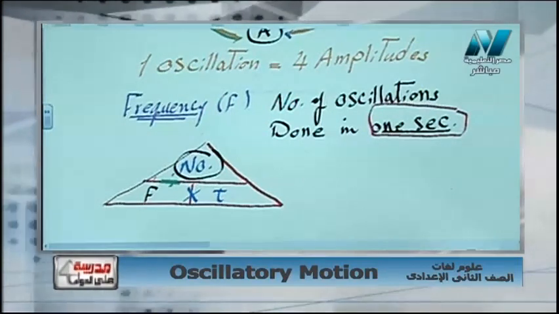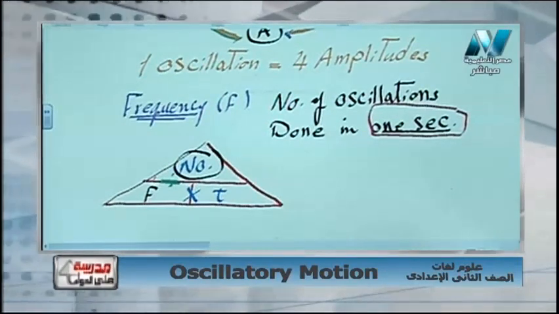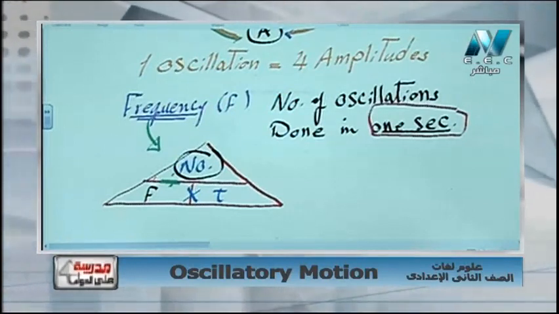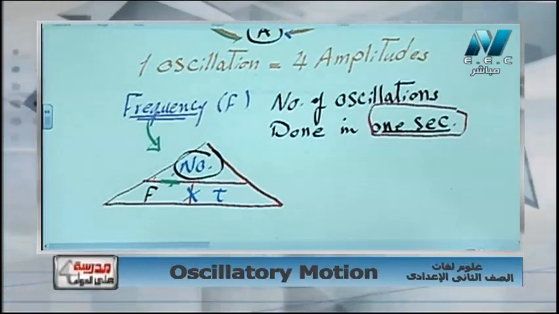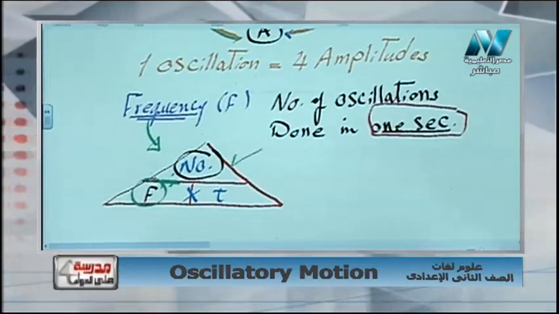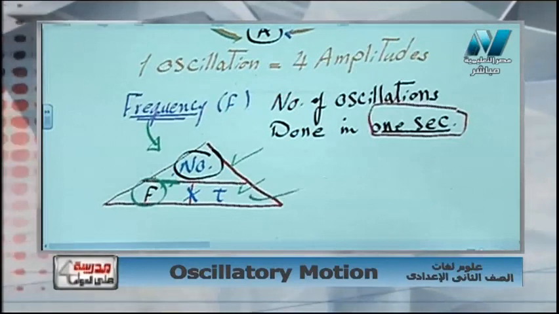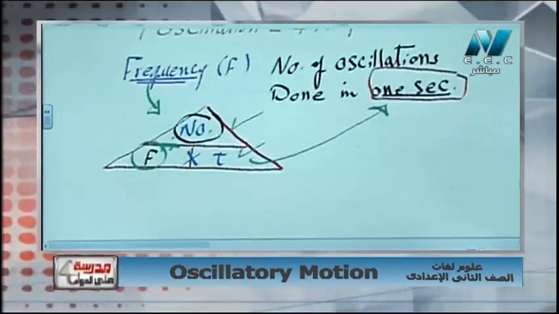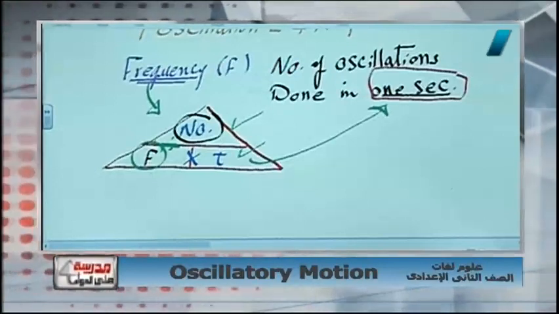So here I learned that if we remember the mathematical relation or the mathematical law, we can know the definition. So frequency is the number of complete oscillations over time, and the measuring unit of time is second, not minute, not hour. Okay, we have another concept here, the periodic